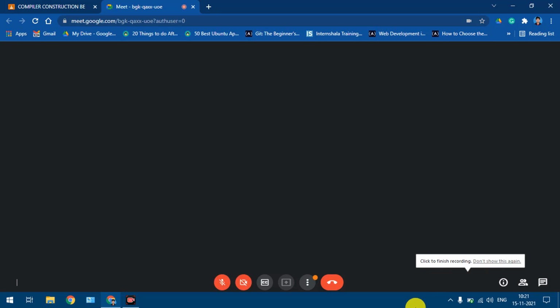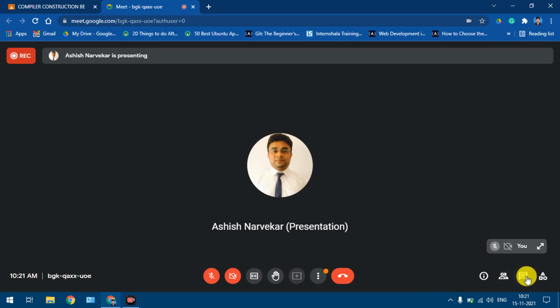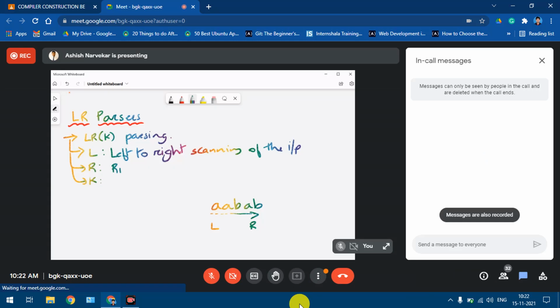The input that is being processed will be scanned in this particular direction, that is from left to right. So that is left to right scanning of input. R stands for rightmost derivation, rightmost derivation